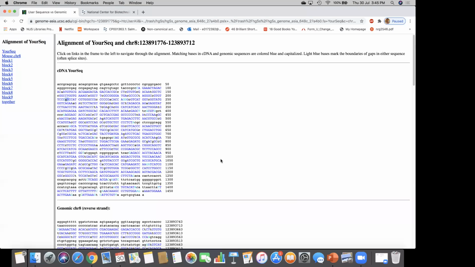So this way you can analyze the cDNA or the genomic region from one species to another species. And you can also find out what is the difference and what is the homology between human and mouse. This information will be useful for you to design an experiment to analyze whether my cell lines are contaminated with mouse cells, or my human cells are contaminated with mouse cells, or the mouse cells are contaminated with human cells, all this stuff.